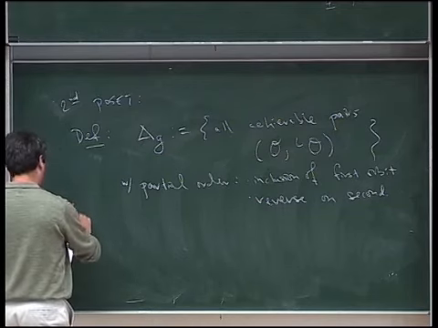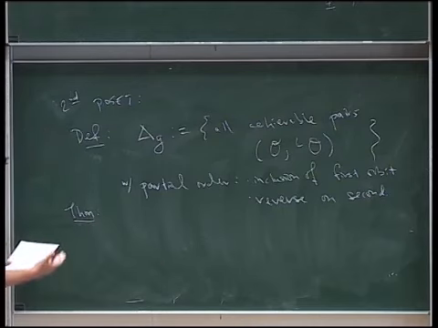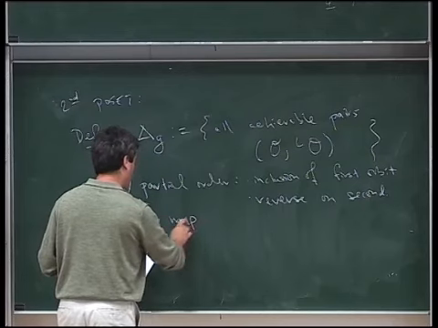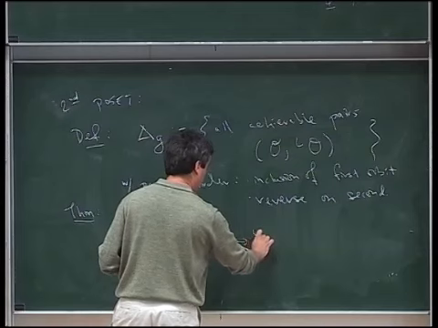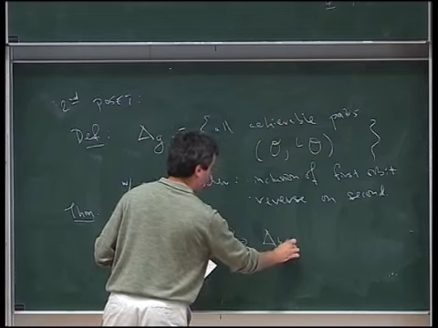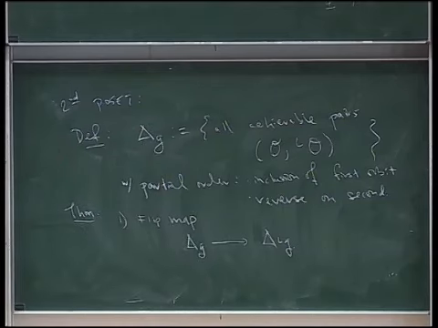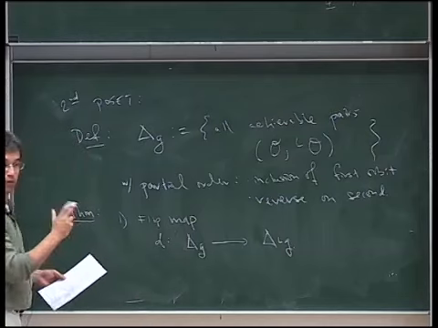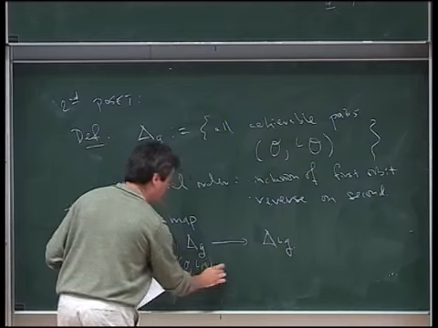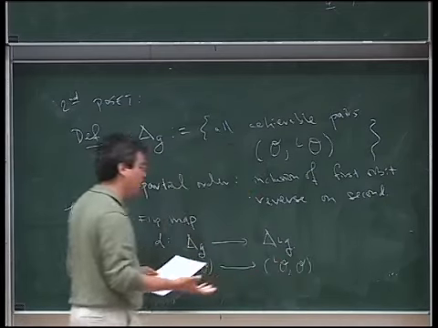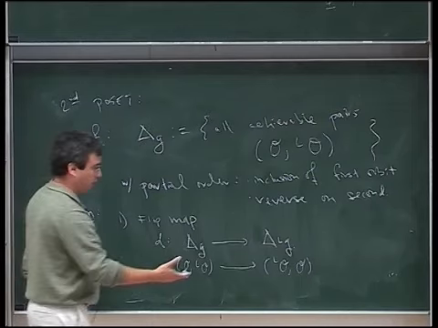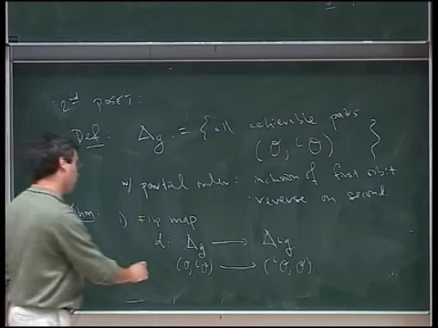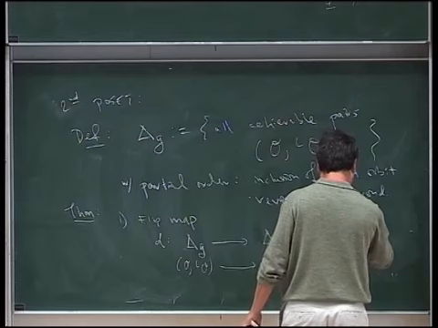And so then the theorem extending that work, Spaltenstein's work, is that the flip map, namely now you have a nice thing to consider, which is you can consider the orbits that you get for G and the pairs of orbits that you get for LG. And you can define a map from one to the other by just flipping the order. So (O, L O) goes to (L O, O), and then the interesting thing is that this doesn't have to be well defined, because this pair might not actually be a pair here, but it is when you're in this achievable part. So this is actually well defined